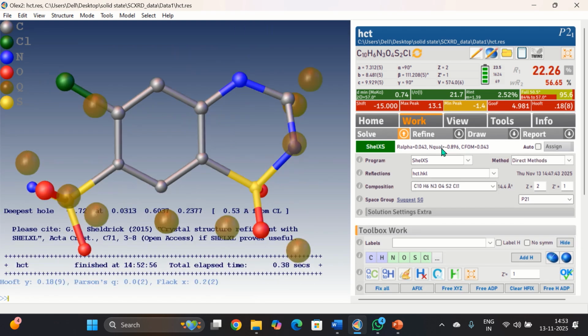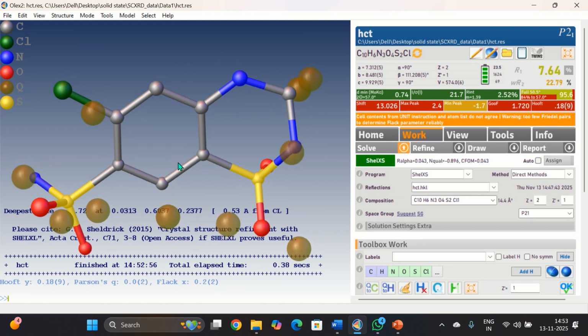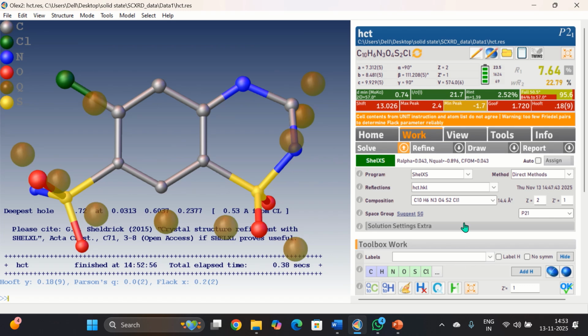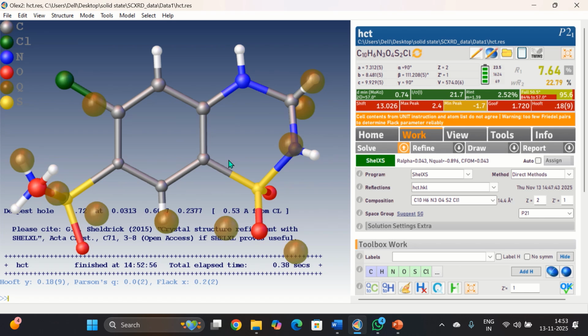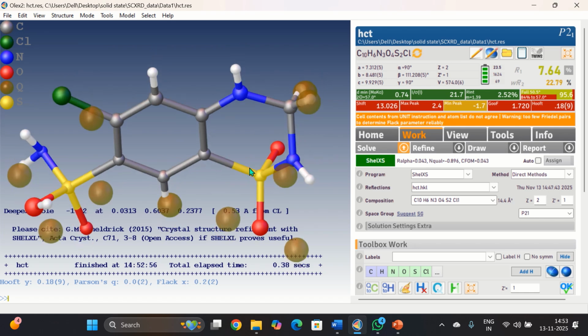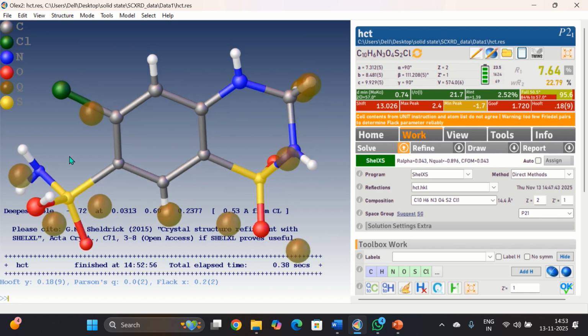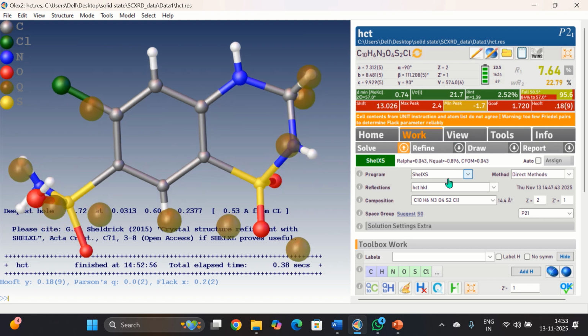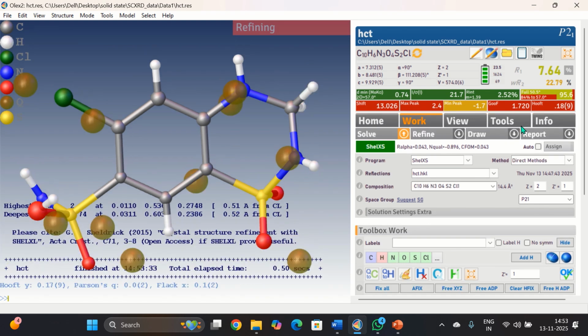The R value goes from 22% to 7%, so it is in very good agreement with the real structure for now. If we now add hydrogens to it, it will give us a structure like this. Let me just double check it. Nitrogen, sulfur with 2 oxygen, sulfur with 2 oxygen and 1 NH2, and a chlorine. Okay, and we'll refine it again. It will give us a refined structure with the new R value, which is